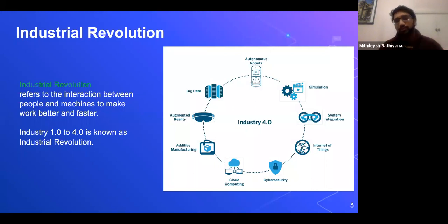I will walk you through all the revolution that has taken place over the last years. Currently, Industry 4.0 touches all the latest technologies such as big data, cloud, augmented reality, extended reality, robotics, cybersecurity, blockchain, and so on. IoT, of course, the artificial intelligence. So it can be a combination of multiple technologies, or it could be just a single technology that could make a complete revolution.